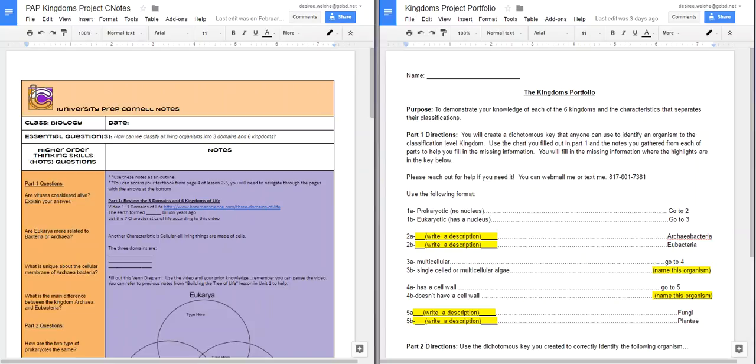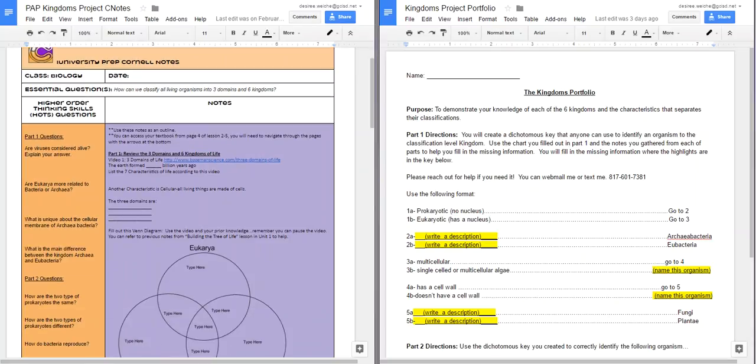If you looked in your teacher notes, it told you that there were two parts to this portfolio. The first part is the C notes outline. This is C notes. You will fill it out. Okay, I've given you the essential question, and you will notice that as you read through these, you will find